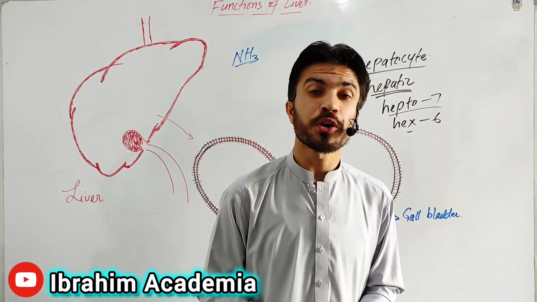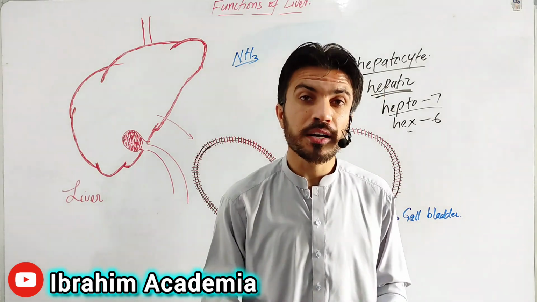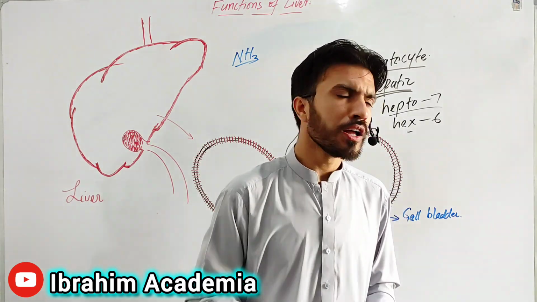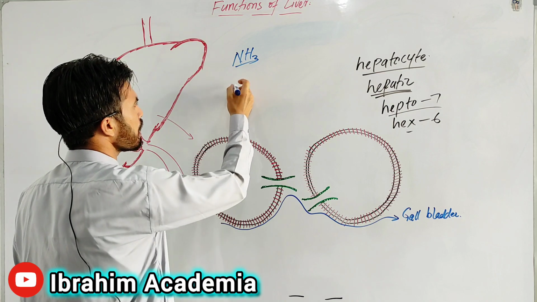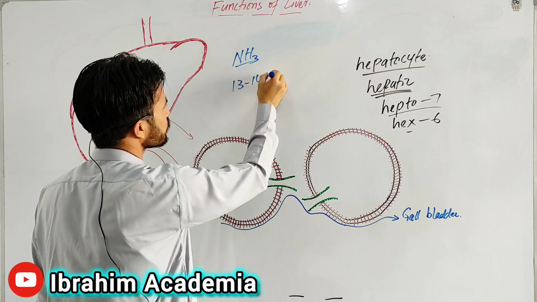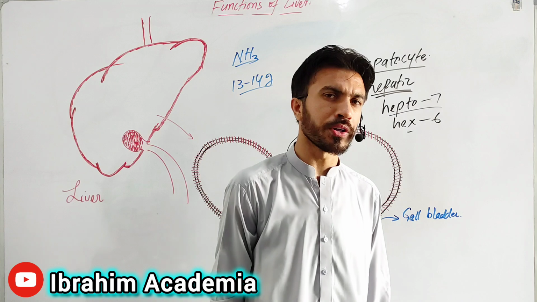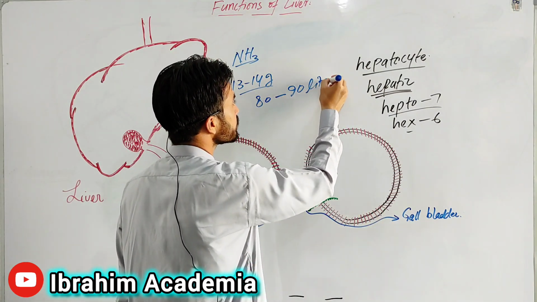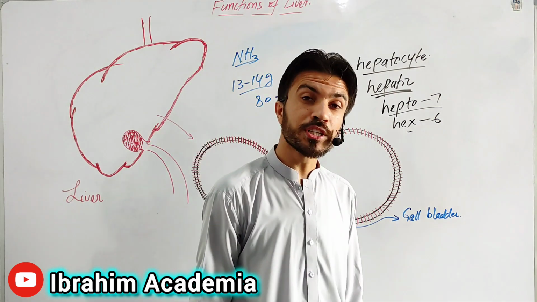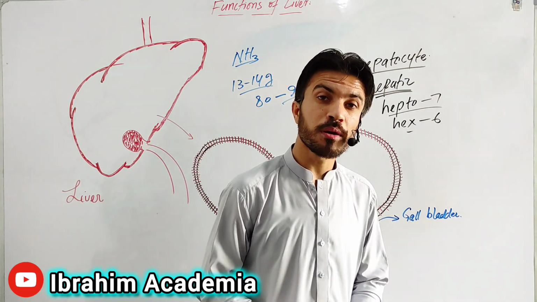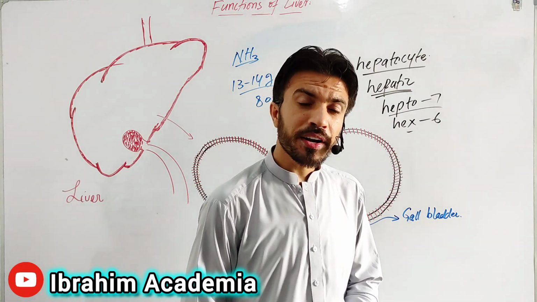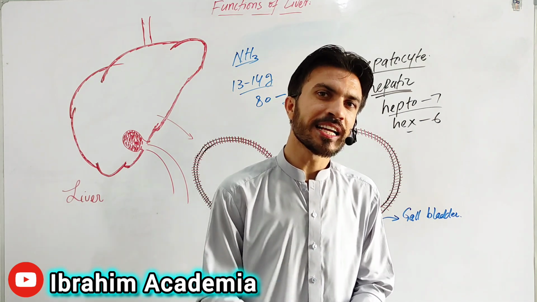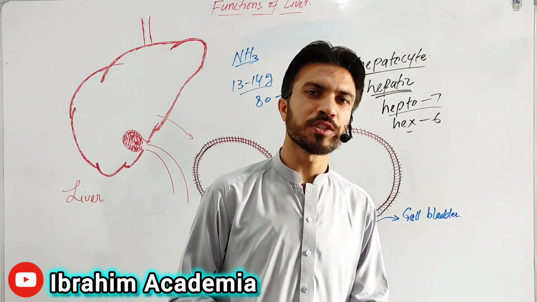And how much water do we need to dilute it? Suppose we don't have the urea cycle inside the body. How much water would we need to dilute the ammonia? Suppose there is no urea cycle, so approximately 13 to 14 grams of NH3 will be in the human body. And how much water does it need? It needs 80 to 90 liters of water for the dilution to decrease the toxicity of ammonia. Can you drink 90 liters of water in a day? No, this is not possible for the human body. So that's why Allah Almighty has installed a cycle inside the human body which is called the urea cycle.